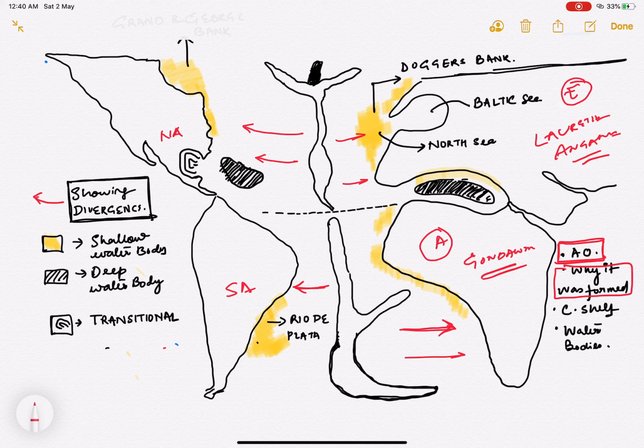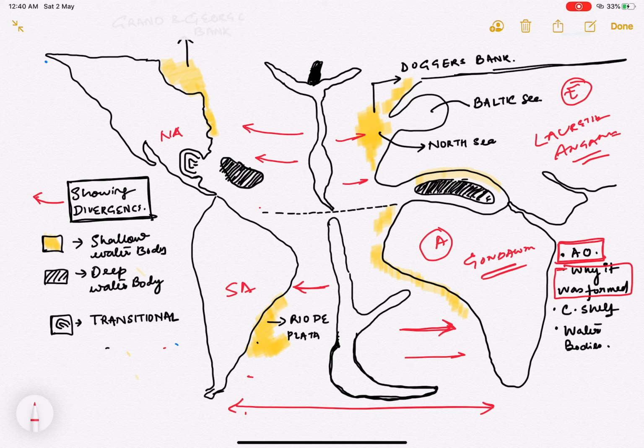It is the separation of the North America and the South America from the Gondwana and the Angara plate that has basically led to the formation of your Atlantic Ocean, which is the second largest ocean in the world. Now, as you can see, the Atlantic Ocean is quite narrow near the equator, almost over here, and it is quite broad over here. Now, this is one more thing.